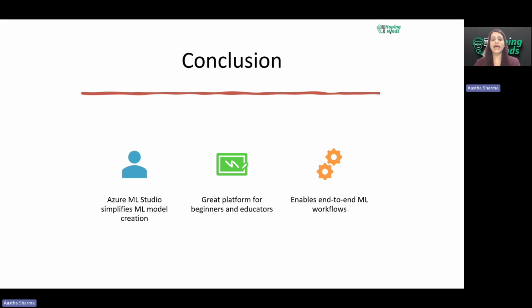Now, one last thing which I would like to share with all of you. Some of you are a little skeptical to get started with Azure Machine Learning Studio. Azure Machine Learning Studio is simple. In the next class, maybe I will be covering one more, which is Google Machine Learning Studio, which we can explore. You can try it and put your hands-on activities on that.